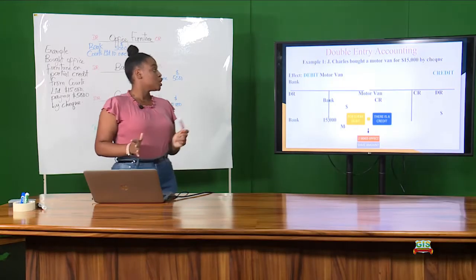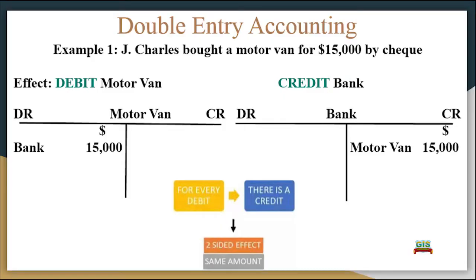Example number 2. J. Charles bought a motor van for $15,000 by check. I'm not too sure why I stuck to the $15,000. I must like that number. So we're going to debit the motor van account because the motor van account is receiving the benefit. It is increasing in value. You just bought a motor van, so right now it's in your possession. You need to record that it's in your possession. And we said we debit the receiver. So we debit the motor van account,